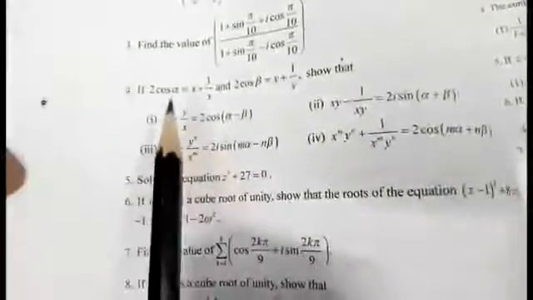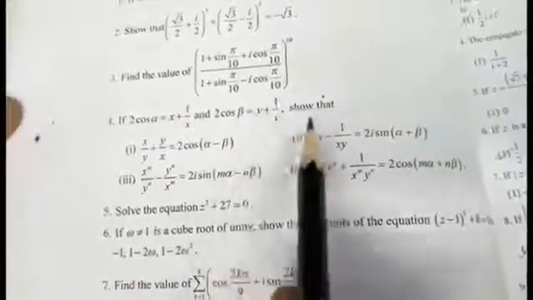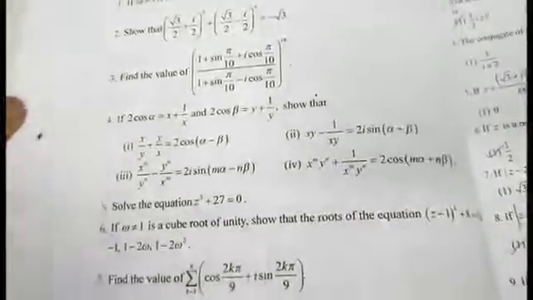They have given you the condition like this, students. If 2 cos alpha is equal to x plus 1 by x and 2 cos beta equal to y plus 1 by y, they are asking you to show these 4 conditions. First, we are going to find the values of x and y. Then we are going to come to these 4 concepts. Now I am going to start the sum, the question of exercise 2.8, fourth sum, which we are going to solve now.